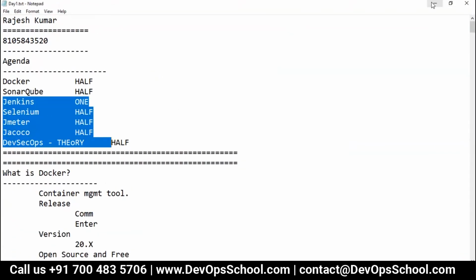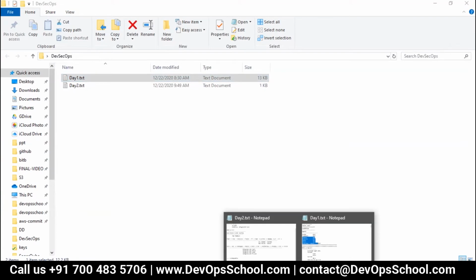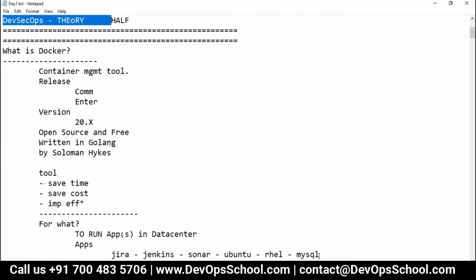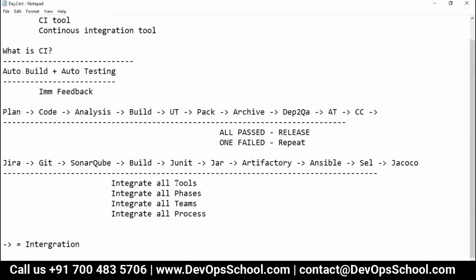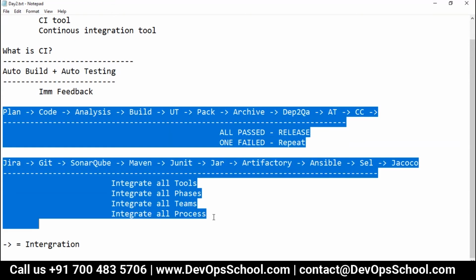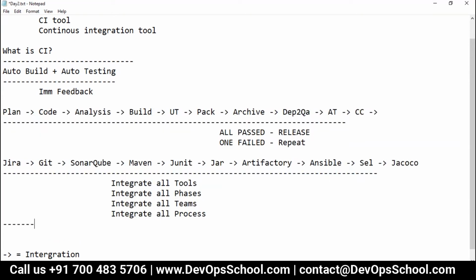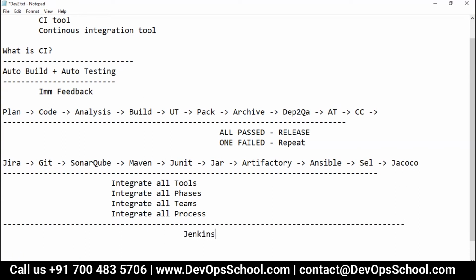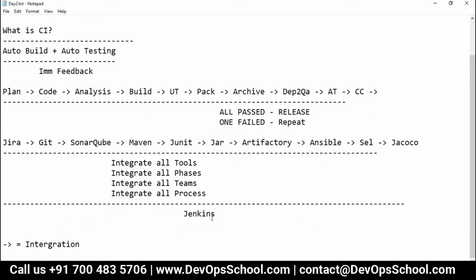Yes, Maven here. So which tool can do that? If I look at it, all of this is done by Jenkins.